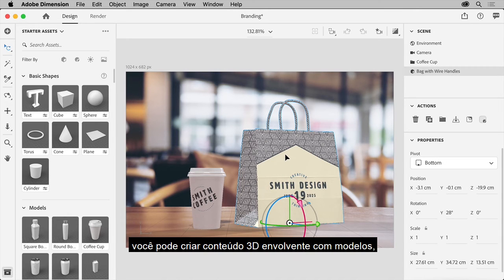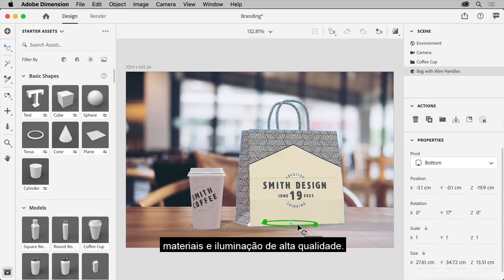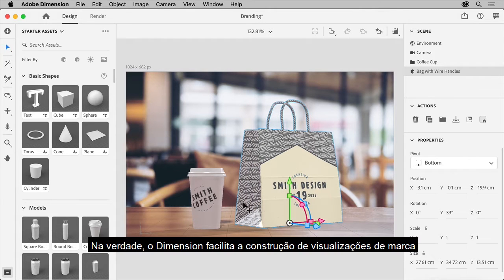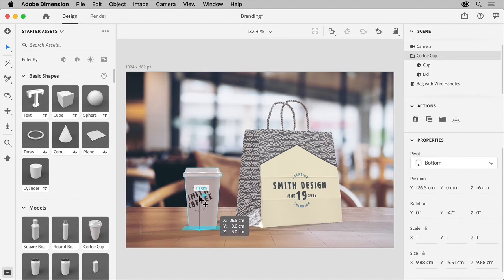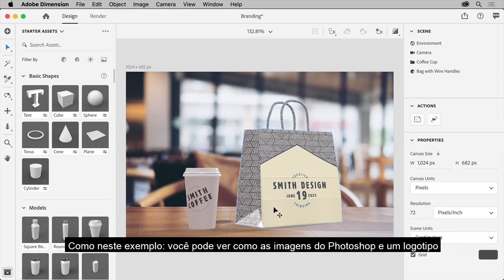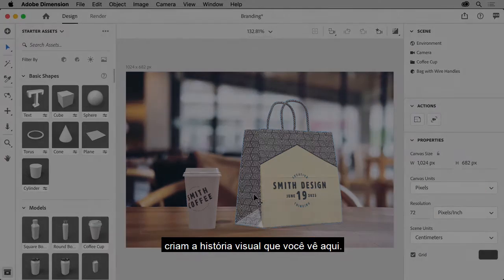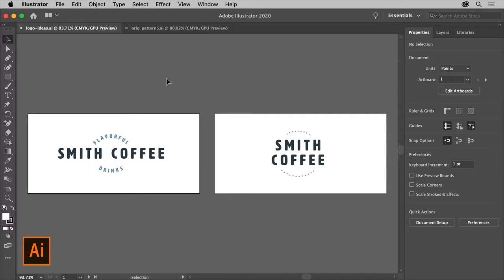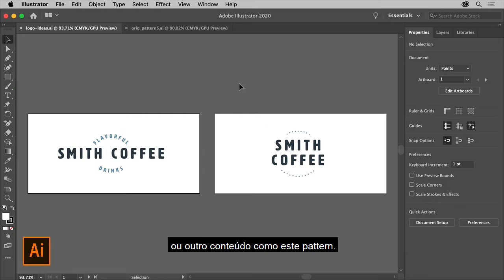With Adobe Dimension, you can create engaging 3D content with high-quality models, materials, and lighting. Dimension actually makes it easy to build brand visualizations, things like product mockups, etc., using artwork from Illustrator and Photoshop. For this example, you can see how Photoshop imagery and a logo and pattern created in Illustrator create the visual story you see here. Starting in Adobe Illustrator, say that you set up a logo or other content like this